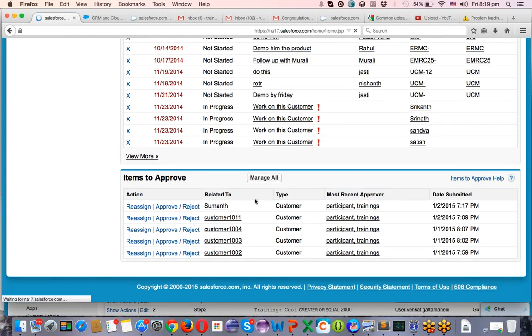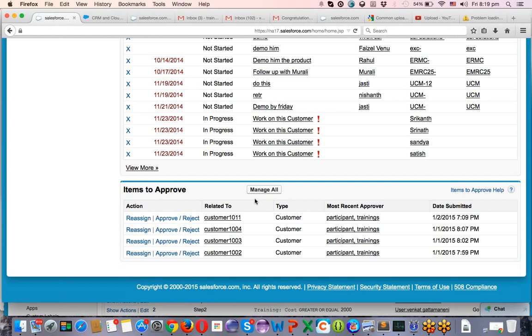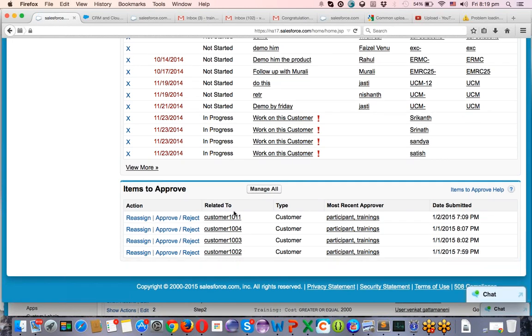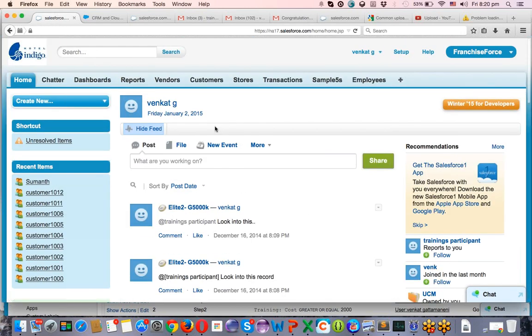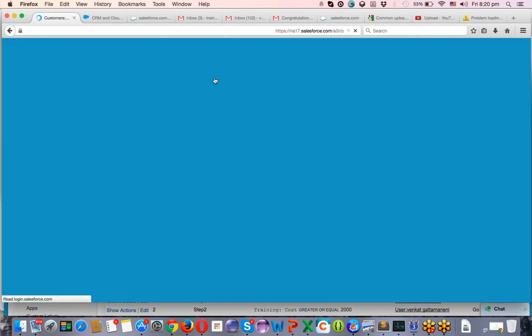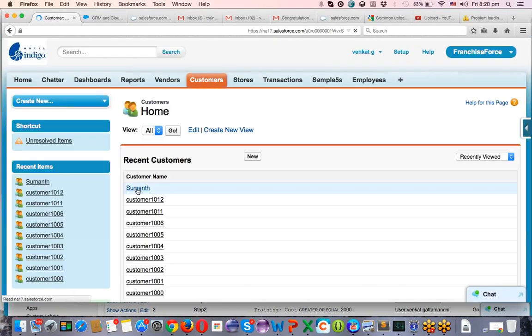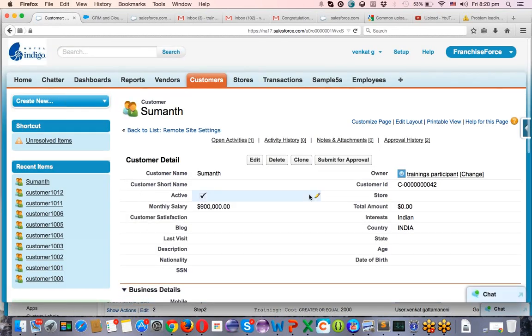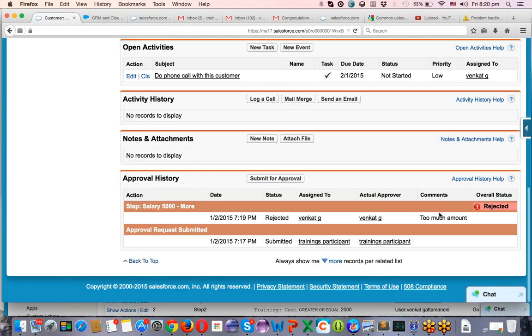I think I have to use reject, or yeah, it's gone. See, I haven't done anything. I simply clicked on refresh. It's taking around 3 to 4 seconds, okay, to go through this process. I'm not seeing the Sumant request here. Going back to the customer Sumant record, and if you scroll down, you can see it's rejected.